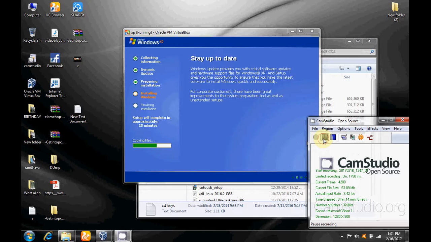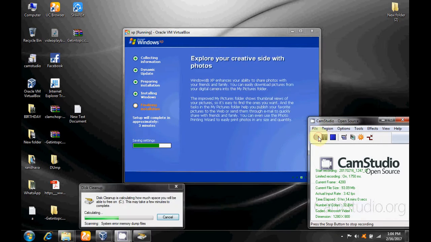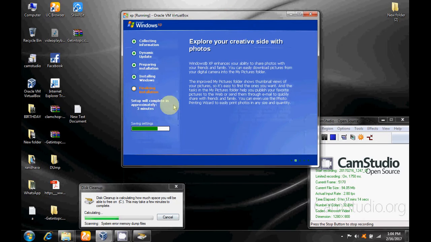The internet connection is not proper at this time, so it is taking a long time. It is neither skipped nor going back from this screen.